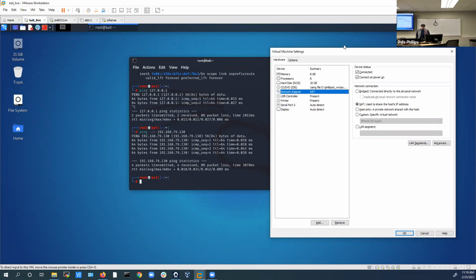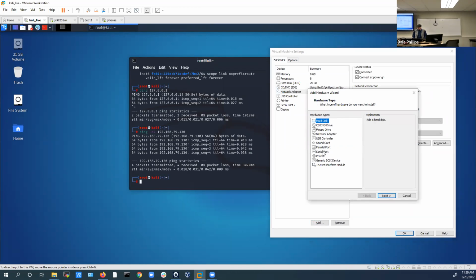Okay. This is what route add brings to the table. So what I want to do is kind of show you how to set some of this stuff up using some free stuff that's available to you. Okay. So what I'm going to do is add a network card here. I'll have to bounce my box